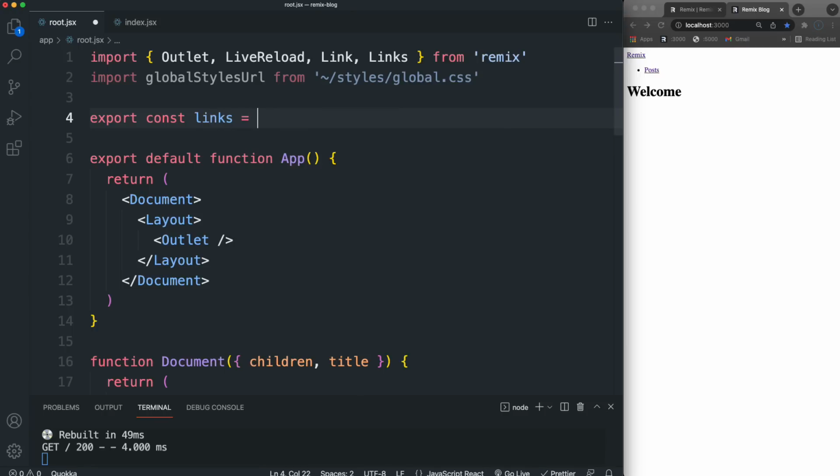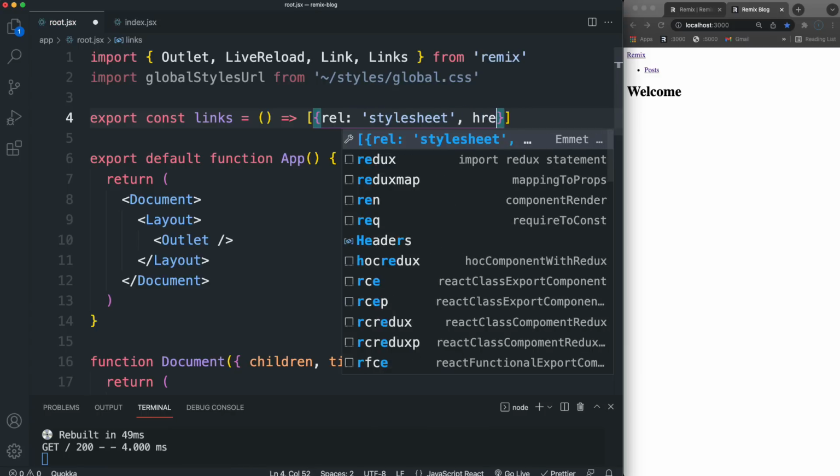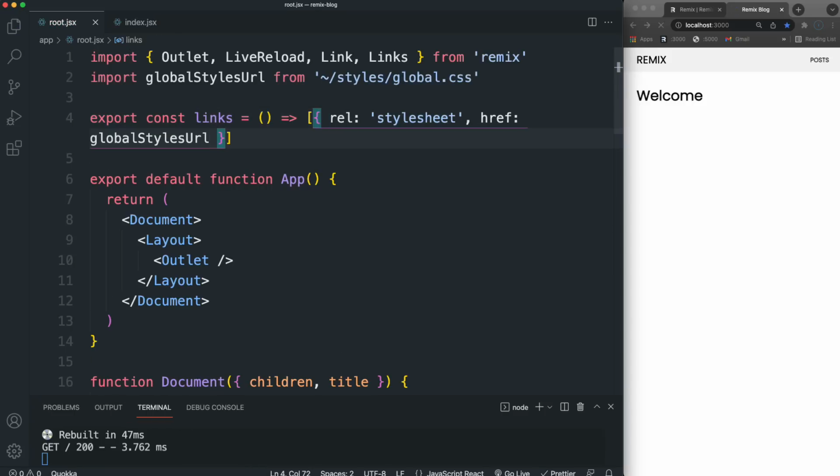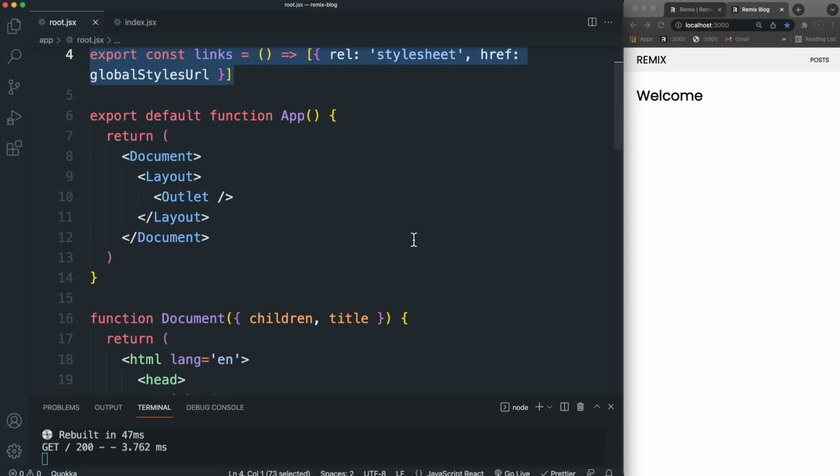I'm going to use an arrow function, and all this has to return is an array with an object that has a rel. In this case, we want this to be stylesheet, and then just an href, and we can set that to our global styles URL. If I save that, now you can see that the styles take effect. So I could put this in any component loading any style sheet,